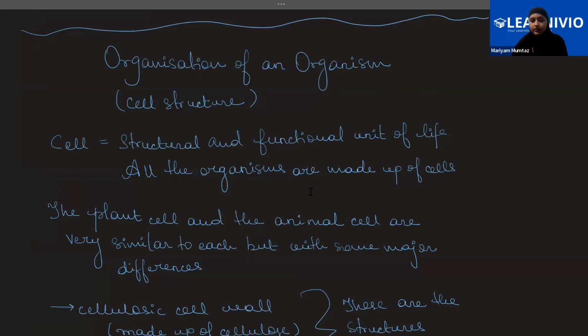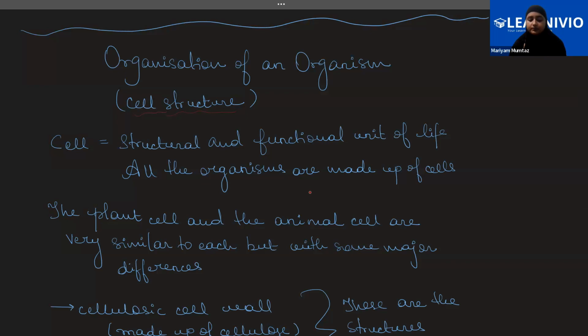All right. Now today we're going to start a new chapter. Did you have any difficulties in the previous chapter? No. All right, okay. Now to start with the new chapter, that is organization of an organism. Inside the body of the organism, there are multiple cells, organs and tissues. Now, we are going to the very basic level and talking about all the different kinds of cell structures that are present in the body of an organism.